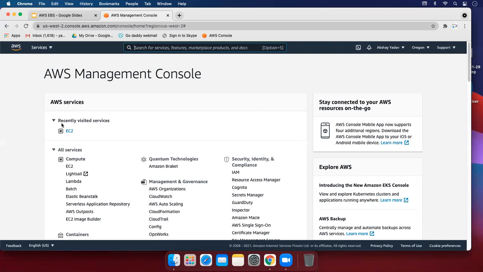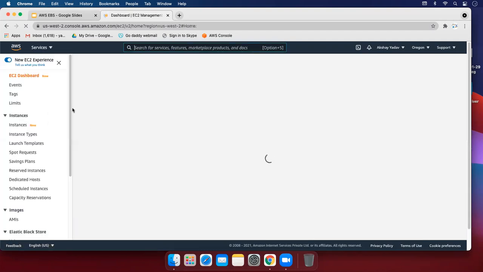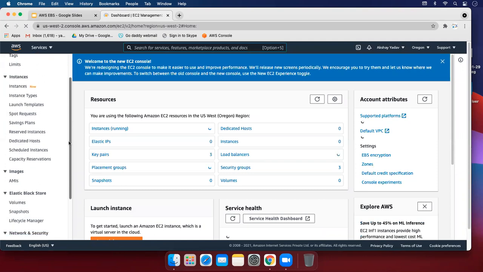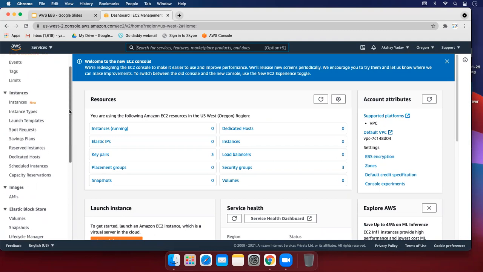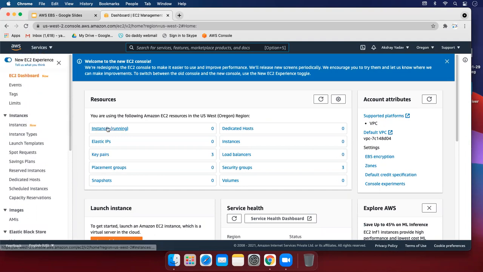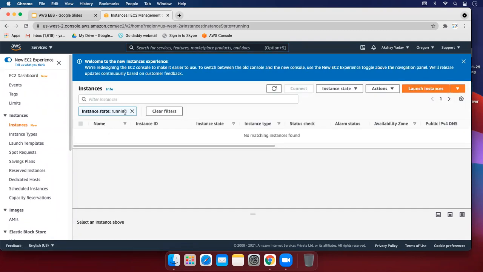So in EC2 services we find the EBS volume section, EBS, elastic block store. So let's launch an EC2 machine. I'm going to launch an instance and click on this.